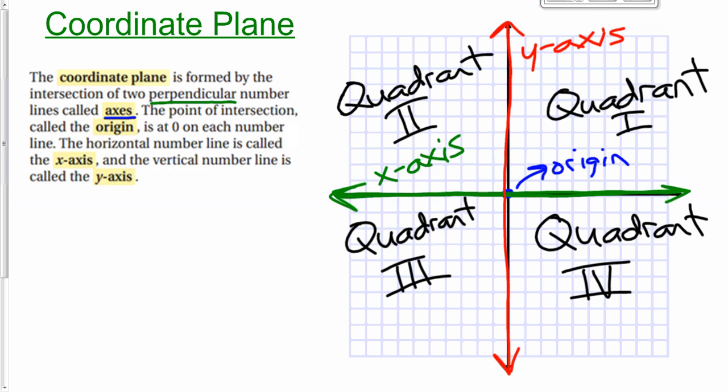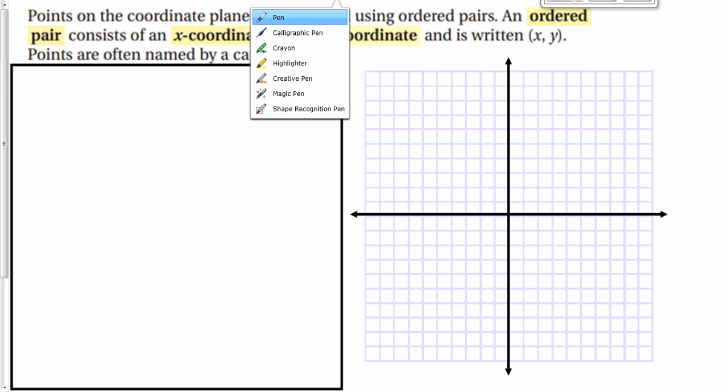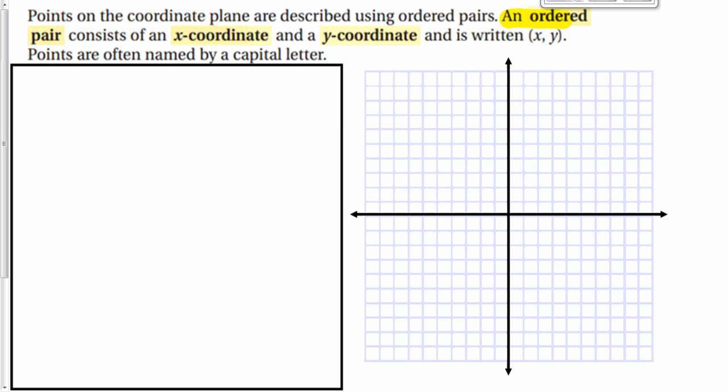All right, so let's actually look at graphing some points here. As I was saying, I was getting a little bit ahead of myself here. But we have these things called ordered pairs, and they consist of an x-coordinate and a y-coordinate. That I will want you to have down. So an ordered pair consists of an x-coordinate and a y-coordinate. It's written as (x, y), meaning if we have a point,